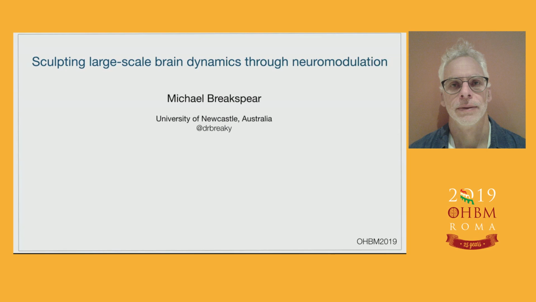So I'm going to be talking about some of the underlying computational principles, and in particular, how effects that are felt at the level of the individual neuron can influence quite profoundly